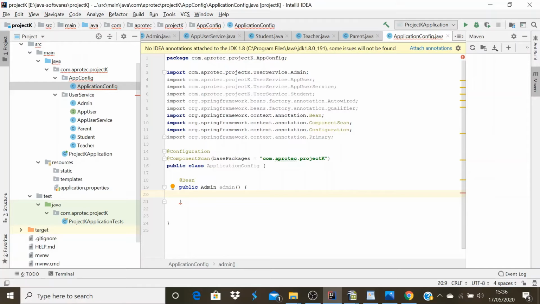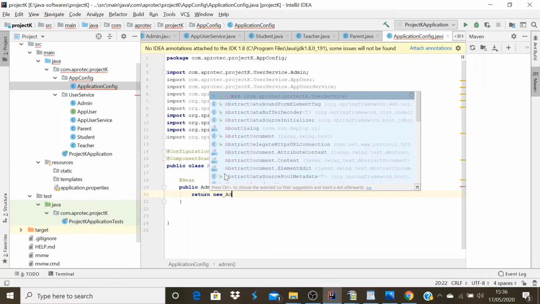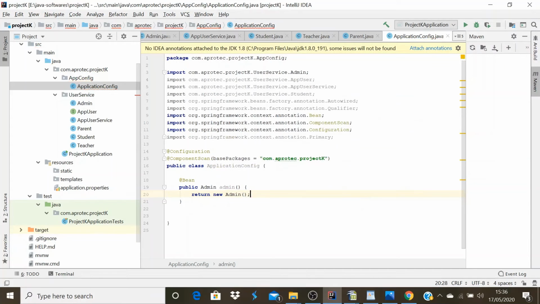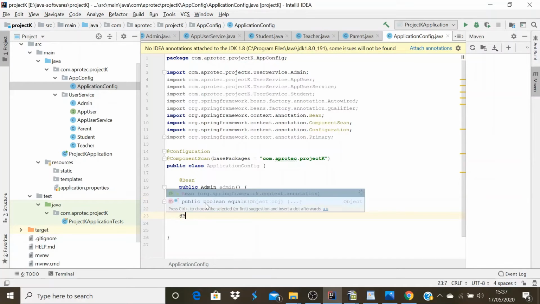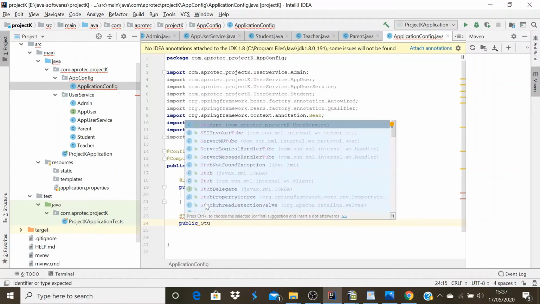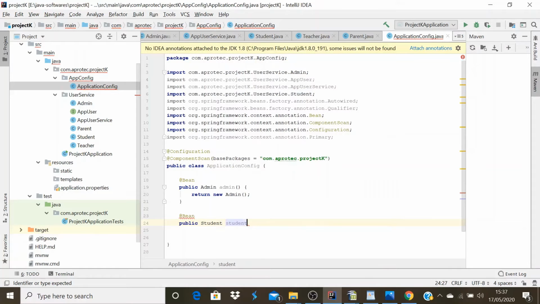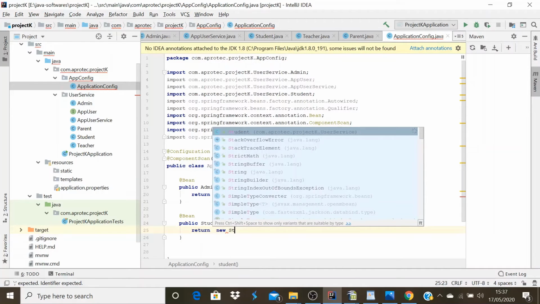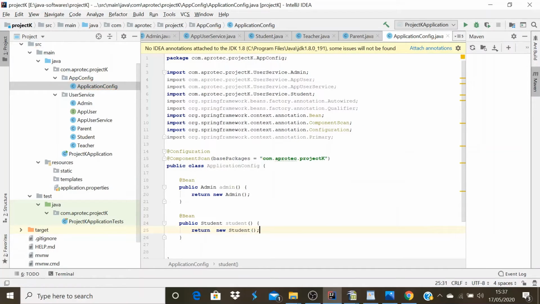Then I just need to return new Admin. So this bean is creating the object for the Admin class. Similarly, I will do it for student. So I created a bean for student.